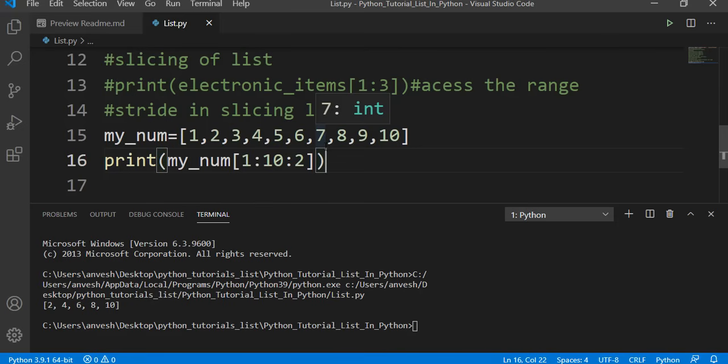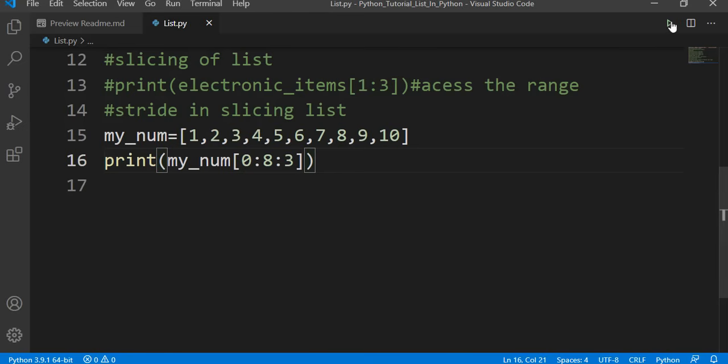I hope you are clear. That is, it is telling to move 2 items forward. I hope you are clear with this. Now let me change this from 0 to 8 and change this value to 3. Now let's run this and check what happens.